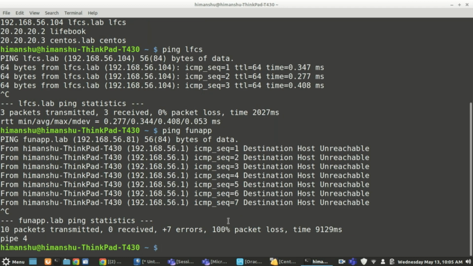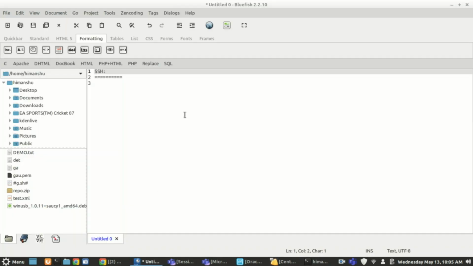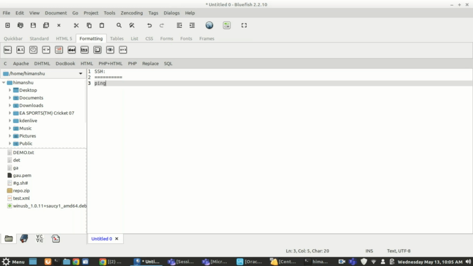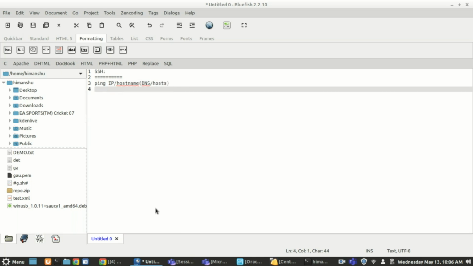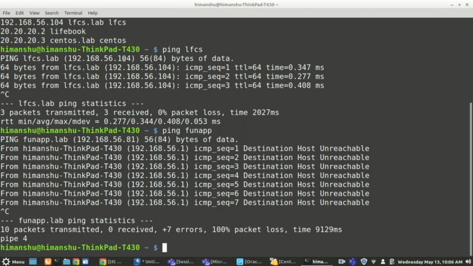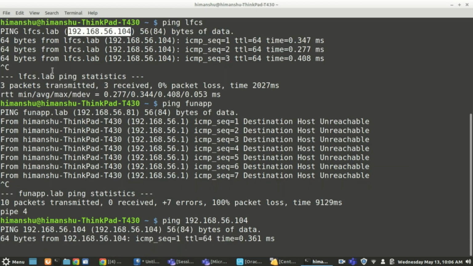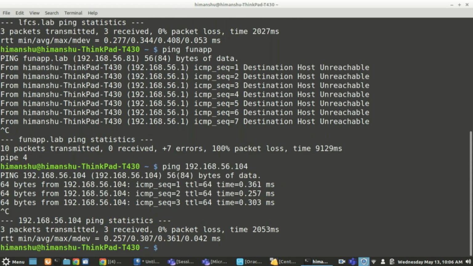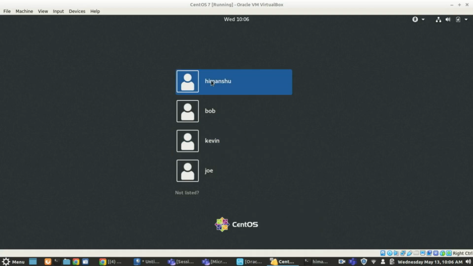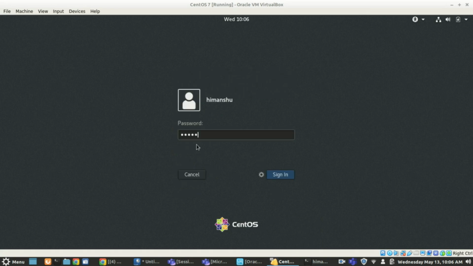Whenever you have to check whether a particular instance is reachable or not, you have to use the ping command. With ping, you can use the IP address or you can use your host name. For a host name, it is important that you have a DNS, or the entry should be in the hosts file. Any of the two should be available for the host name. Even if I just ping this IP address, it will also be pingable. So let me first show you how it works.